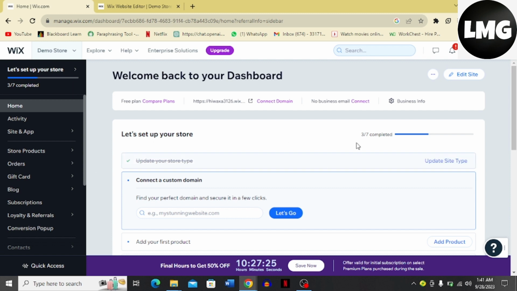First, you can see that this is my Wix dashboard. You have to land on your Wix dashboard to follow the process. Then what you have to do is come to this top right corner and click edit site over here on the top right corner. Once you click this edit site option or button, you're going to land over here on